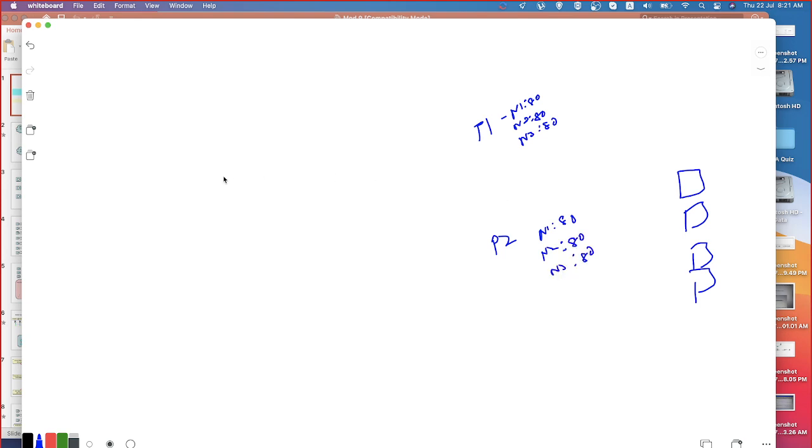Okay, one more thing. Again I have the same set of servers. I have pool 1 and pool 2. The same members N1 colon 80, N2 colon 80, N3 colon 80. Here also N1 colon 80, N2 colon 80 and N3 colon 80. Now I'm just talking about least connection member and least connection node. Can you please tell me how this is going to work? VS1 least connection member, VS2 least connection node.